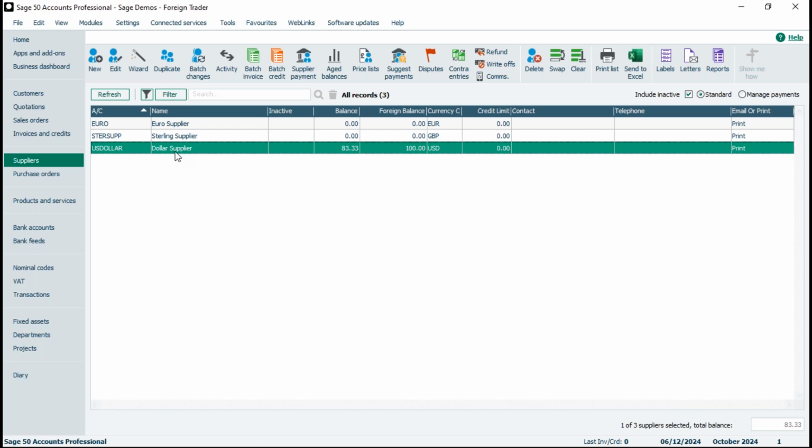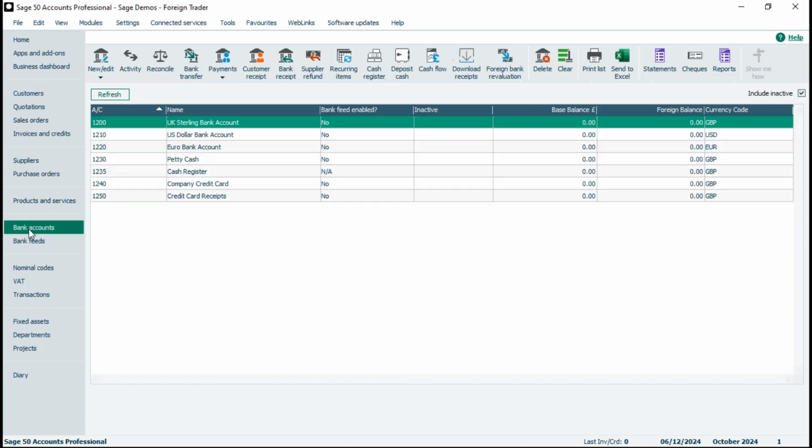Next, I'm going to pay off that invoice. I'm going to pay it with today's date, but with a different exchange rate. We're going to say the exchange rate has fluctuated a bit. Now, if I pop into bank accounts, and leave that sterling bank account selected for the time being,